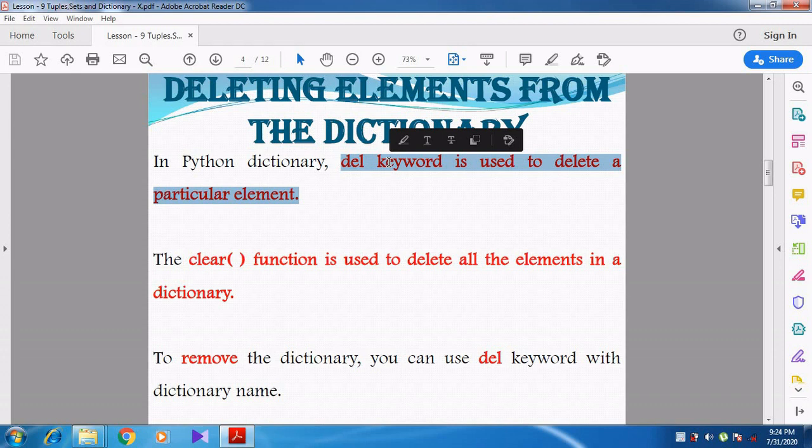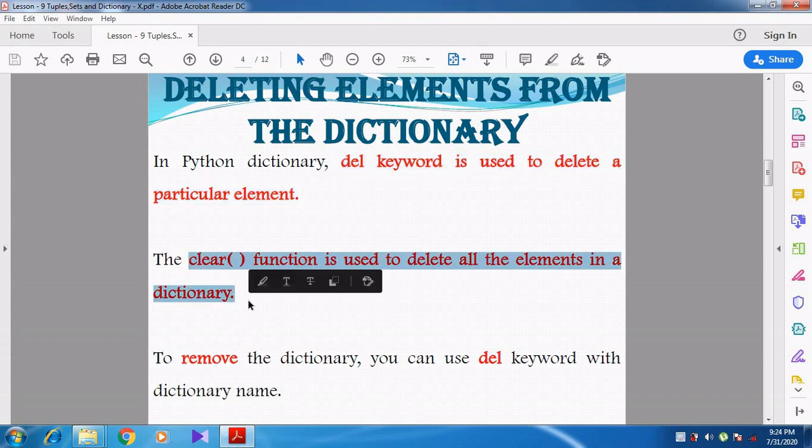Then that element alone will be removed from the dictionary. Then we can use the clear function to delete all the elements, all the values, in the dictionary.